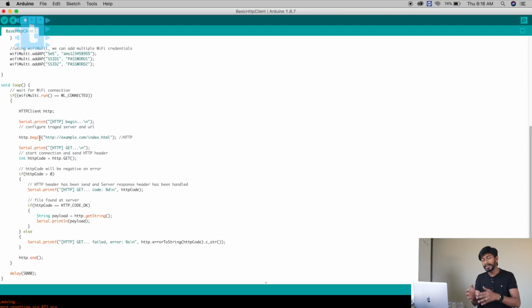Now this function does the same work which is done by our web browser. In the web browser, we are requesting one link like www.google.com, and that page opens up. So that particular task is done by this function, which is called http.begin on an ESP32 board. So we just need to write the particular link inside this http.begin function. Here it is written as